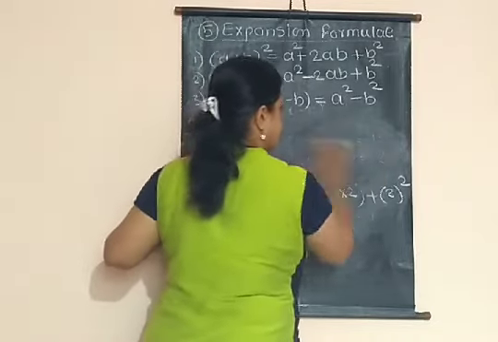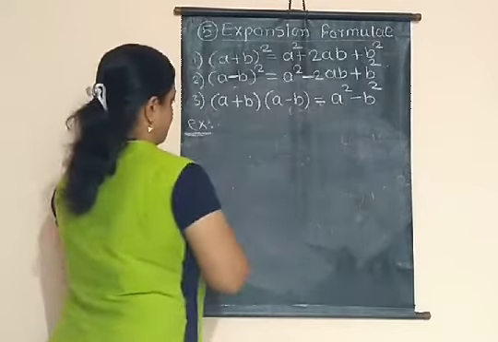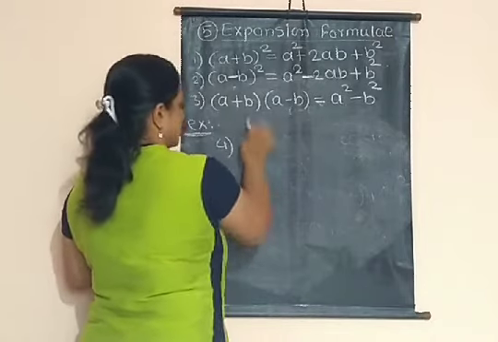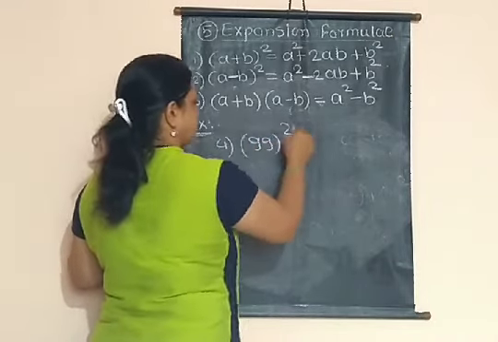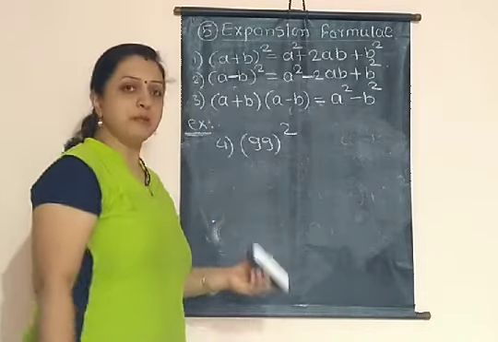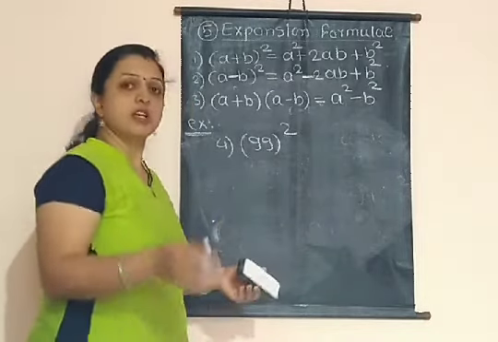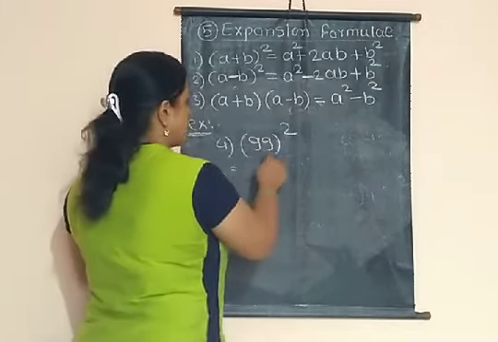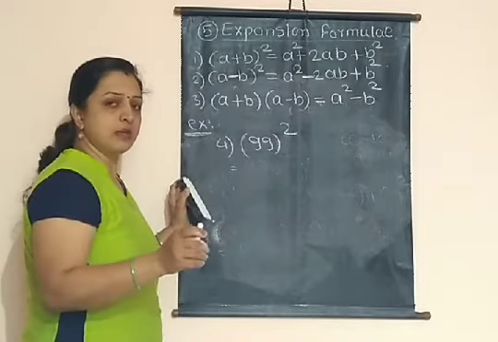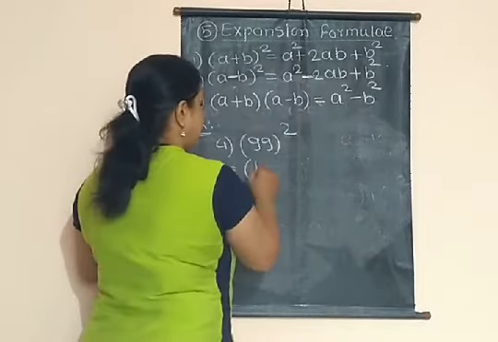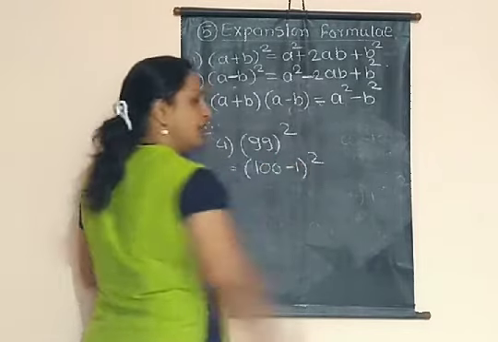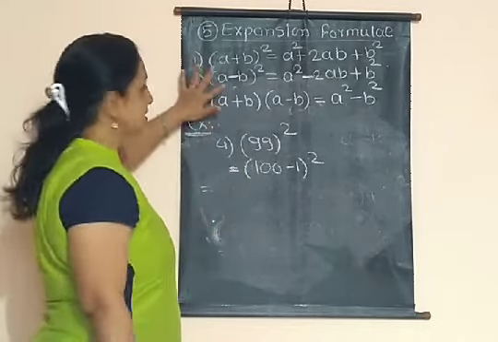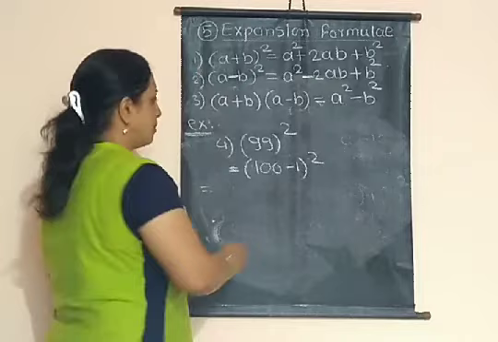Now let's take the next example. Suppose if we have to solve this square of 99, then again you can solve it by simple multiplication, but that is also so lengthy. So instead of that, if you solve it by using these formulas, then let's see how to solve. This number, we know that 99, this number is very close to 100. So you can write like this, 100 minus 1, isn't it? And then its square. Now, which formula then we have to use? Yes, second formula. So now let's solve it by using that second formula.